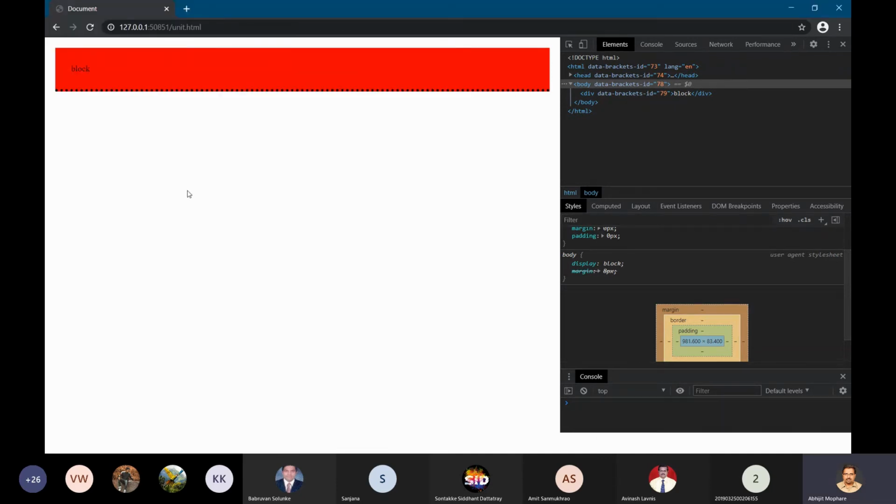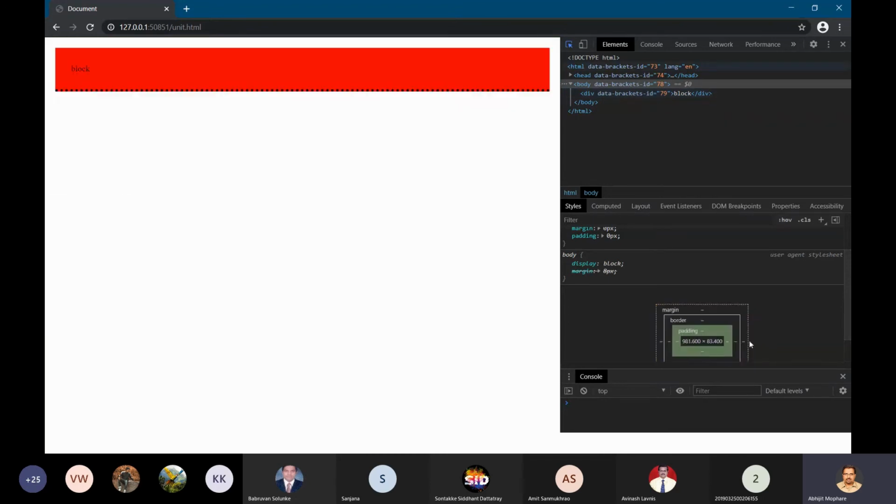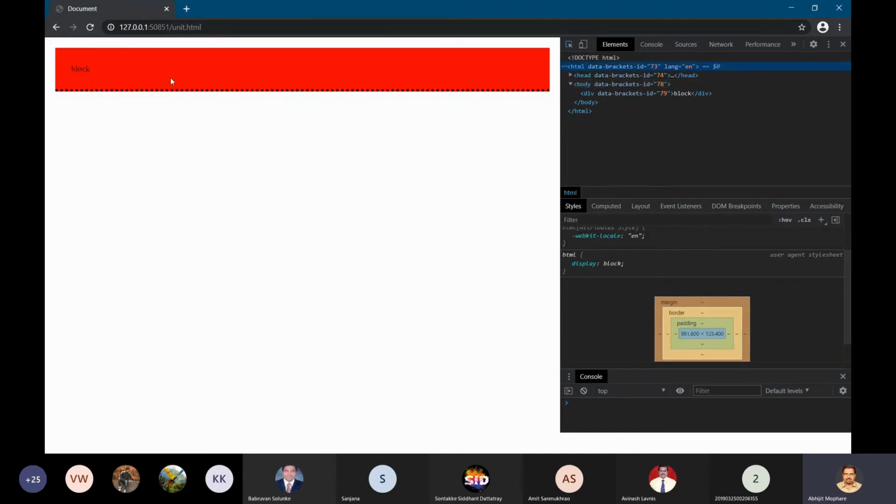Now see, so this is a block, and if I'm pressing this cursor, you can see this is the content. So this is the content which includes up to the border. And then this is the margin, whatever you are seeing surrounding this div.